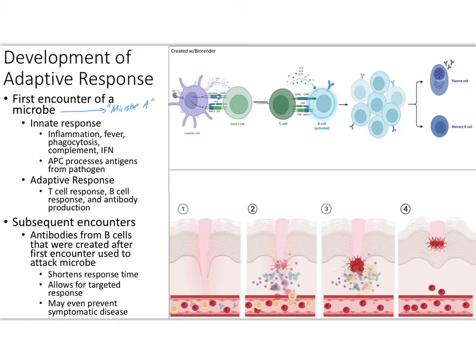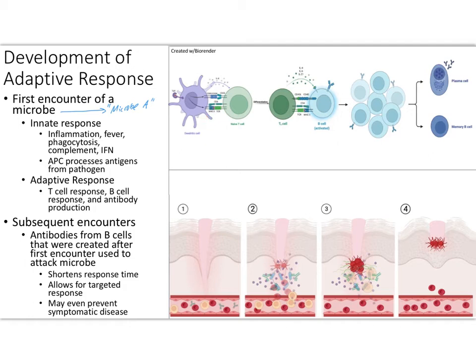So the phagocytes involved in the innate immune response are oftentimes what we call antigen presenting cells. Antigen presenting cells are immune cells within our body that have the capability of grabbing onto a microbe, destroying it, and picking apart the individual parts of the microbe, and then taking the antigens from that microbe and putting them